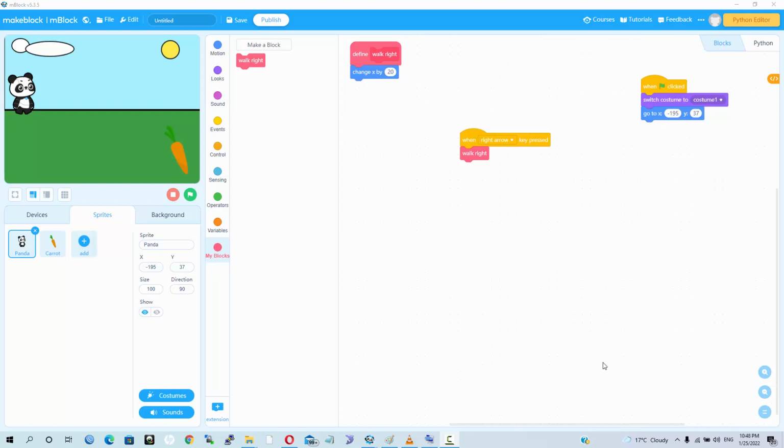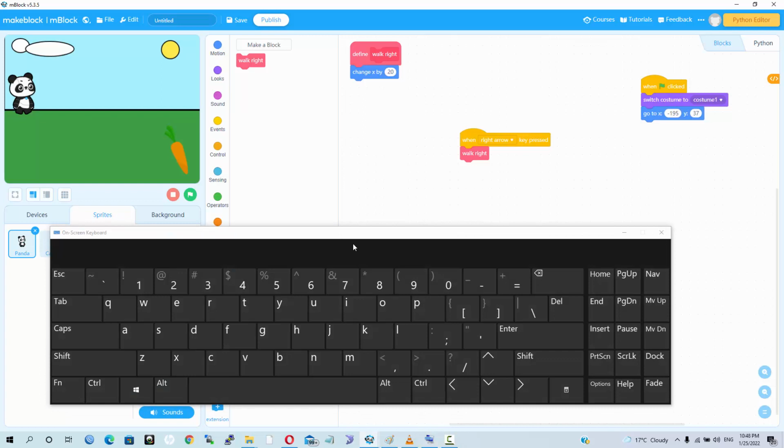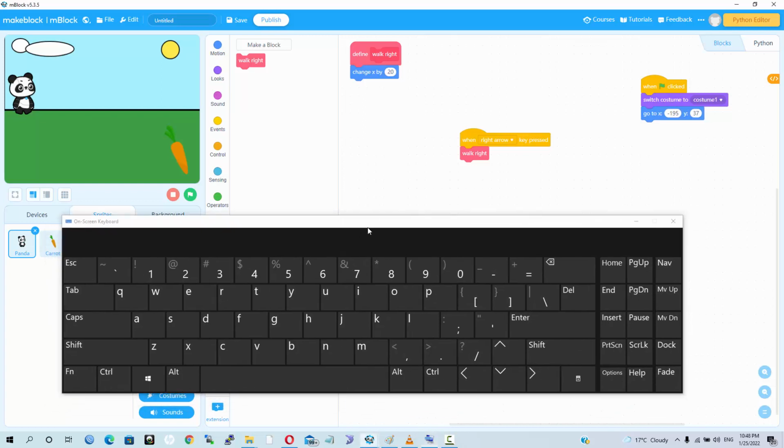Hello everyone, welcome back. Just to complete our movements between left and right. In our previous video, we programmed our panda to walk from this position all the way towards this position, right? Let me bring up an on-screen keyboard so that we'll see how the panda was able to walk. We defined what walk right is, and we said walk right